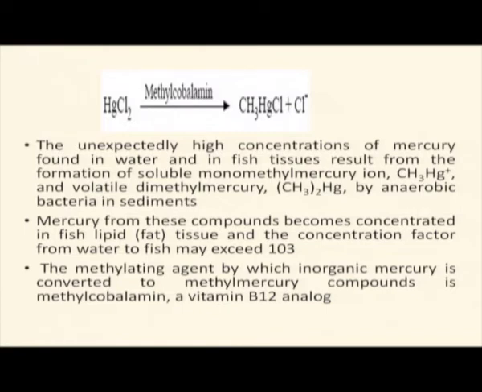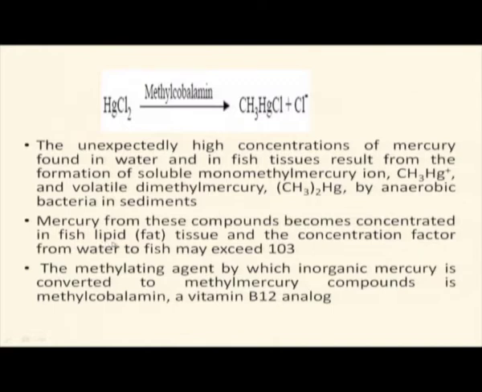Normally this is not possible in the upper part of the aquatic system. Aerobic conditions will be there, with free dissolved oxygen, so reduction is difficult, whereas the same reaction is possible in the bottom part of the sediment, and this is responsible for the Minamata incident. So, mercury from these compounds becomes concentrated in fish